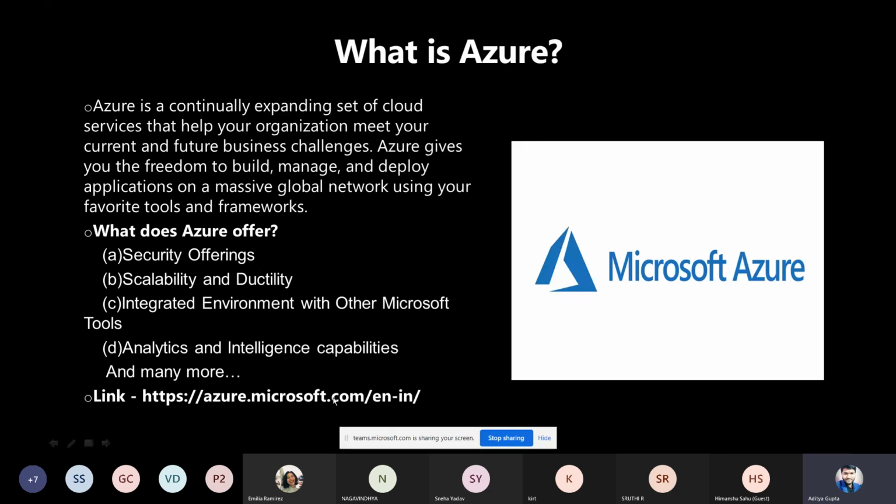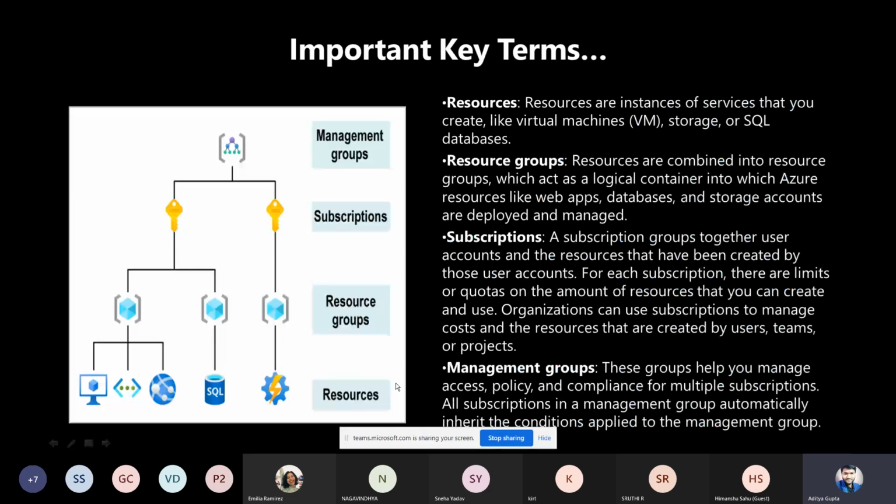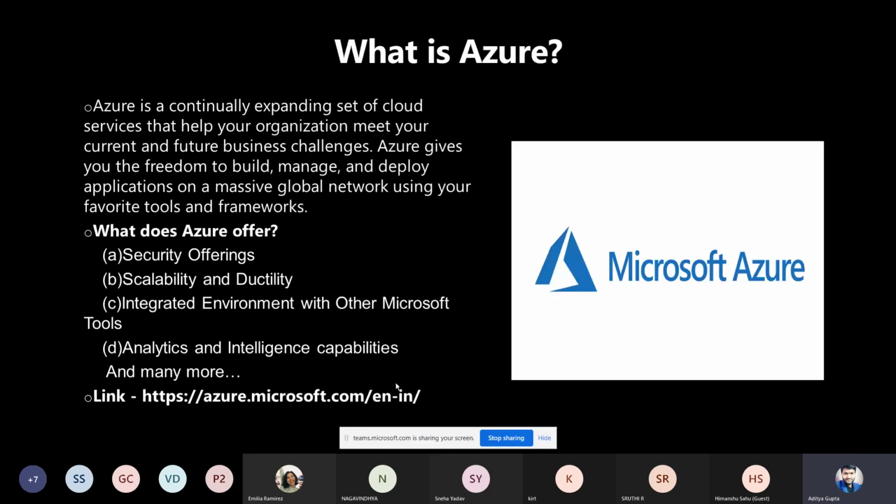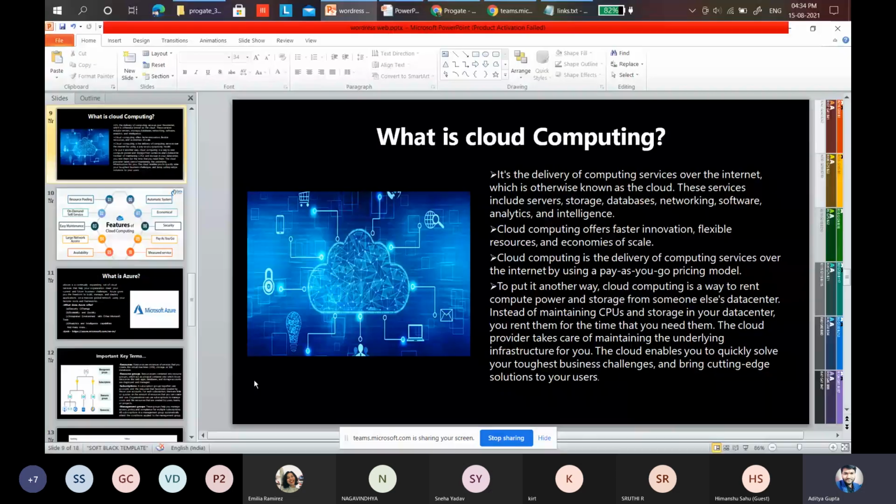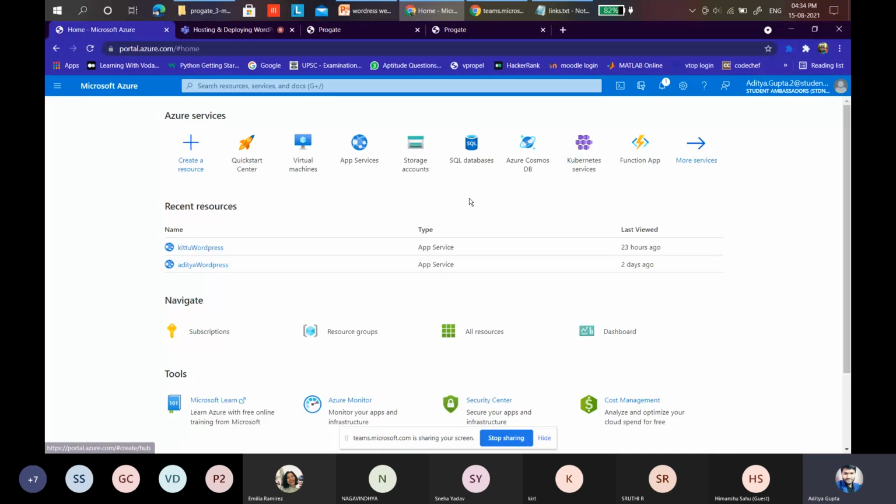For using this service, you need to go to azure.microsoft.com/en-in and log in with those IDs. When you log in to Azure, you need to activate your account for 12 months, and you will get 150 credits for experimenting and using Microsoft Azure. So let me show you how the panel looks for Azure. I guess you are able to see my screen, correct? Yes, it's visible. Yeah, thank you.